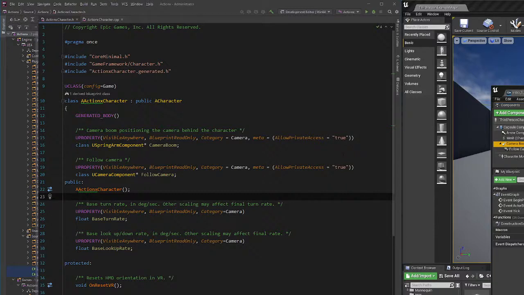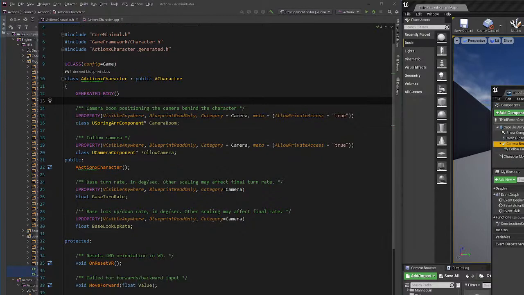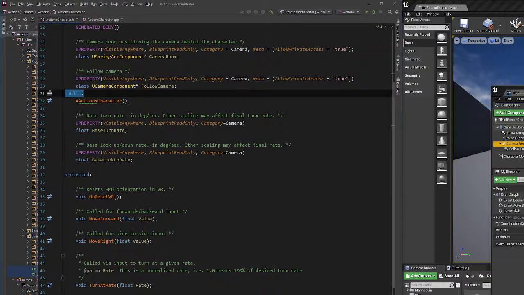Okay, so let's just try to understand a little bit about what's going on. So you see, when I said that it's private, so if you wanted to expose it, you would actually have to put allow private access is true. And then on the other one, you would actually have to put also allow private access is true, or else it would probably just error out because you would need to mark it with something. Okay. So another thing that we need to look at also is, let's see,